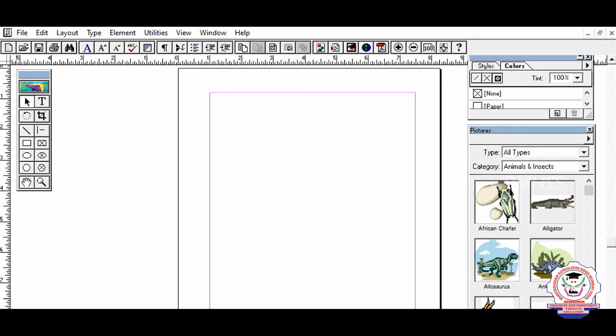Next, below the toolbar we have a ruler. The ruler is used as a margin guide. Okay, it is referred to as a margin guide. And we have two types of ruler. One is a horizontal ruler, which is present at the top of the work area, and the next one is a vertical ruler, which is present on the left of the work area.